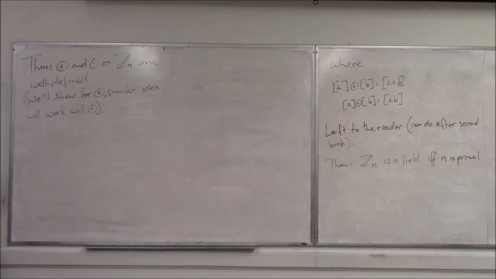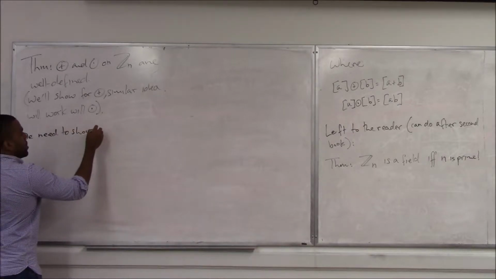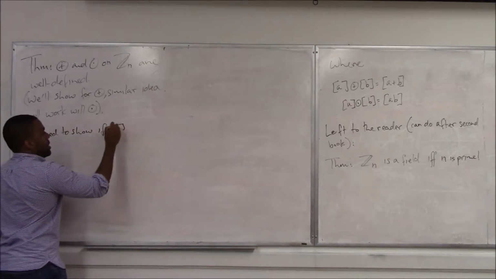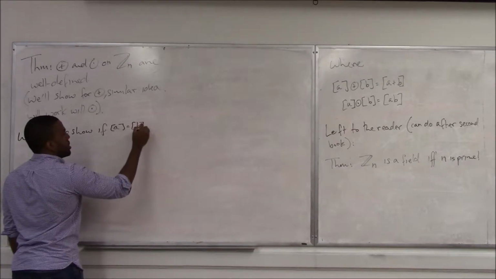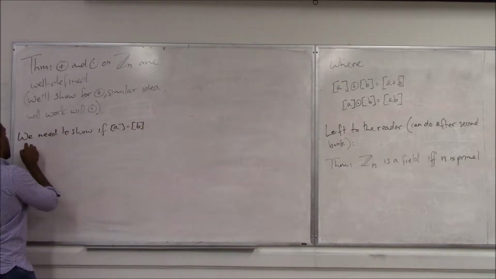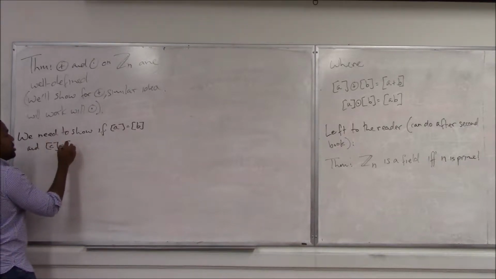Okay. So the idea is I do not want my definition to depend on the representative that I choose. And that's basically what well-defined means. So basically this means we need to show, if A is equivalent to B and C is equivalent to D,